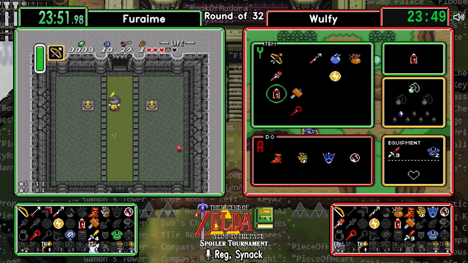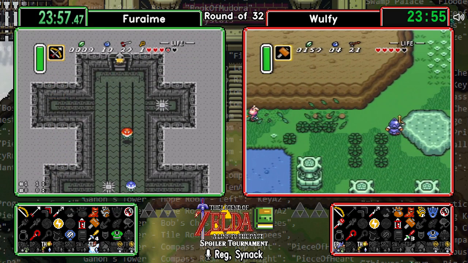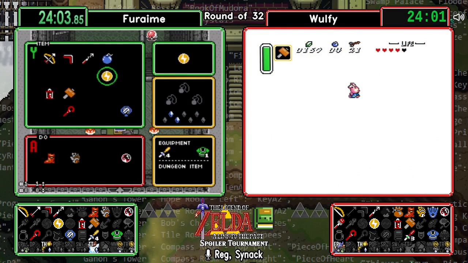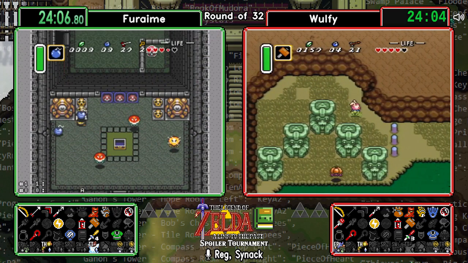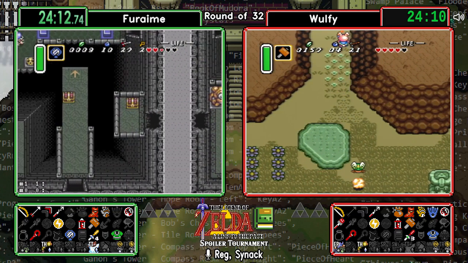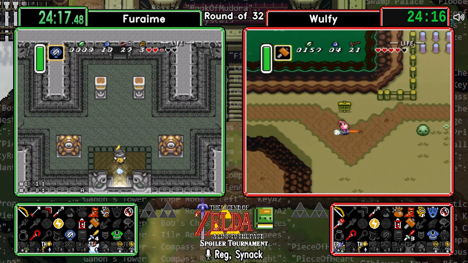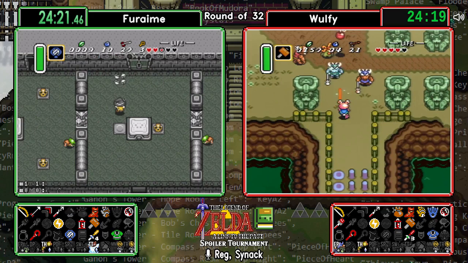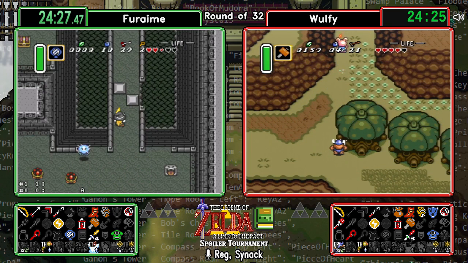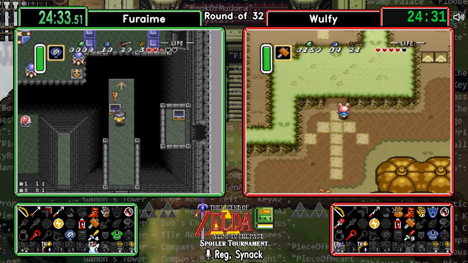Also, just to be clear for chat, we do have the spoiler log. We've both seen it. We understand the routing that Wulfy and Furaime are both going for, which, by the way, Furaime froze in the Dark Cross. He picked up the silver arrows out of that chest. You can see them equipped. We're trying not to spoil chat until you guys can actually see the items they're getting. I mean, unless you guys want us to do full-on spoilers, I could just read the entire log to you guys right now. Yeah, we could go for that route if chat decided they wanted to, but...